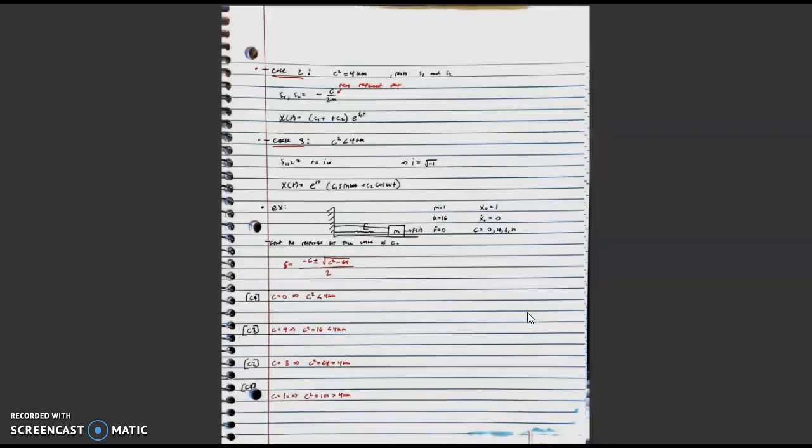is greater than 4km. Case 2, where c squared equals 4km. We're able to show the Laplace using that equation. Case 3 has the other equation, x(t) equals e to the rt, c1 sine of your angle of t plus c2 cosine of the angle of t as well,